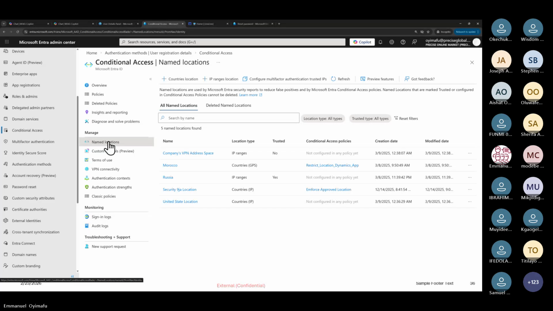Okay, let me reiterate your question. Let's say I configure a conditional access policy to enforce sign-in location, and someone traveled to the UK, and when the person gets to the UK, the person connects to a VPN, and automatically, because of that VPN, it's connected to my Nigerian network. So the person will be able to sign in because the person is using VPN, despite the fact that they're in the UK. So are you trying to say, is there a way to configure a conditional access policy that if somebody is not in that location, even if the person is using VPN, it should still block the person?